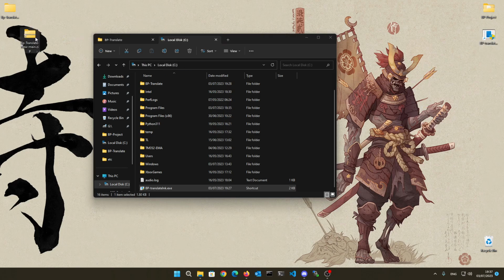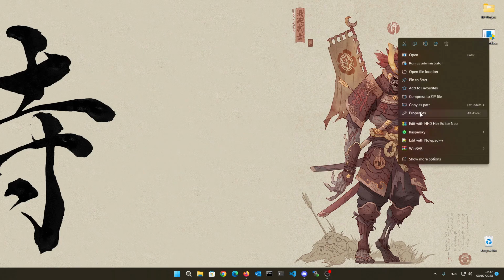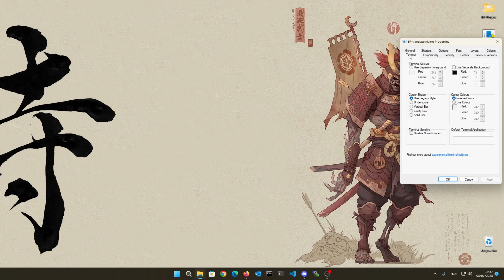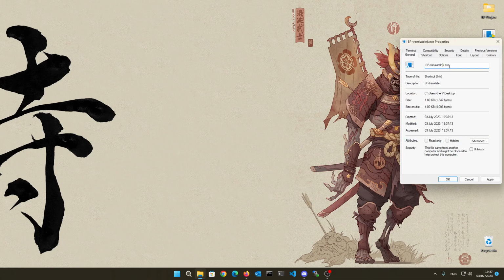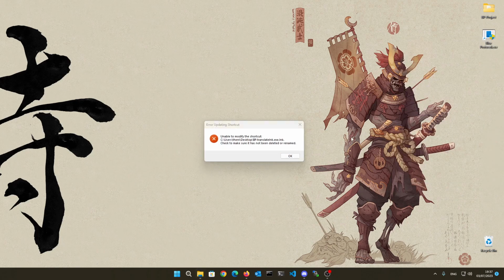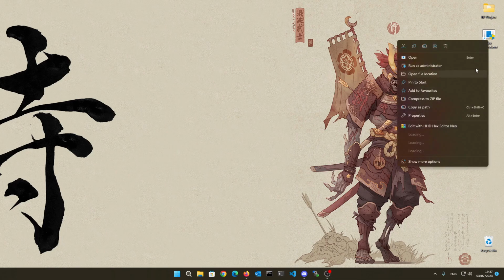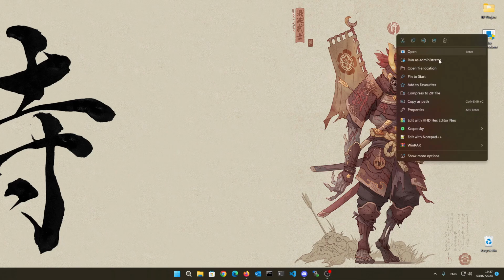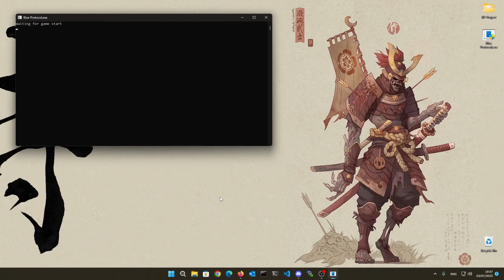And then what I'll do is I'll just get rid of these files because we don't need them anymore. Right click this, properties, general, and then just rename this to BP-Translate, or you can rename it to Blue Protocol if you really want. Click OK. And then you'll see that it's renamed. So all we do is we run this as administrator, click yes, and then now you will see that it's just waiting for the game to start,